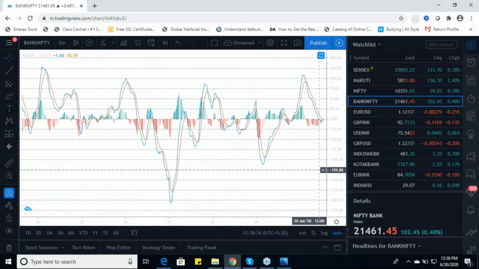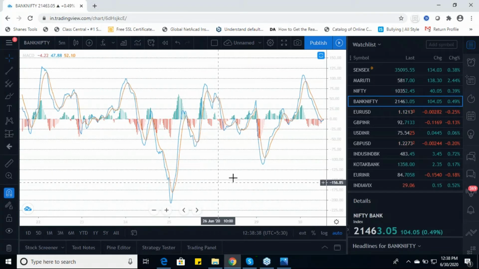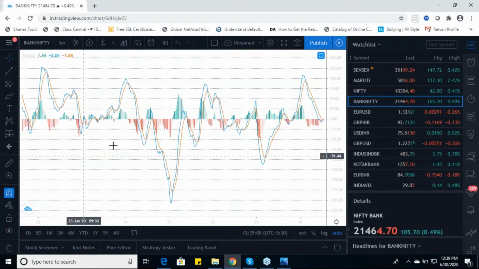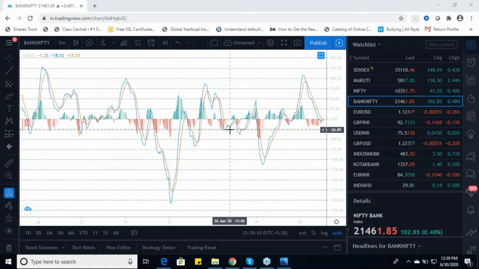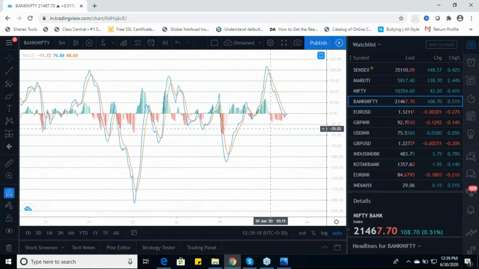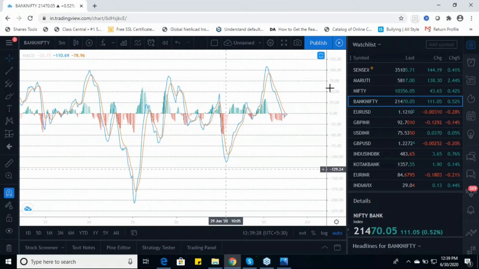What does the general theory of moving average say, before I move ahead with how we can use it with the trend line part? So here's the thing. That's the basic trend. Whenever the blue line crosses the signal line on the upside of 0, it gives you the buying signal. That's the basic generalized theory of moving average. And whenever the yellow line, that is our signal line, crosses on the downside, it gives you the sell side.